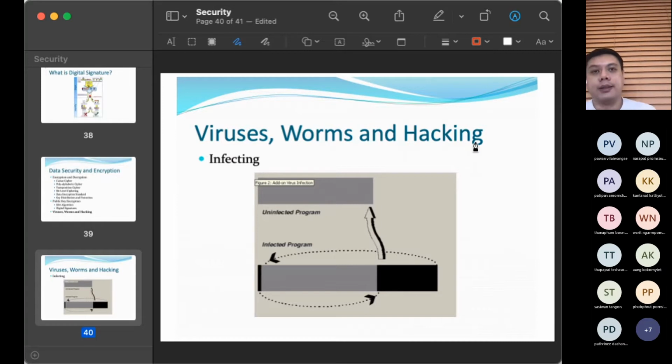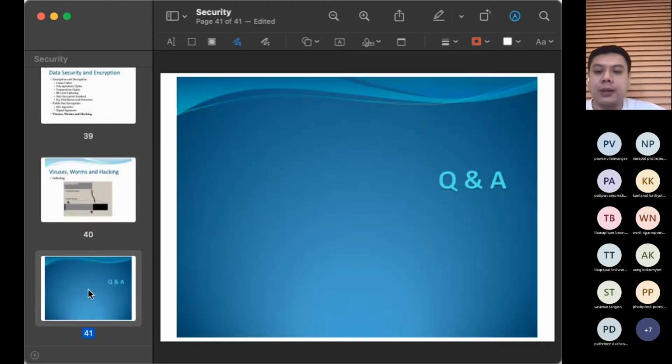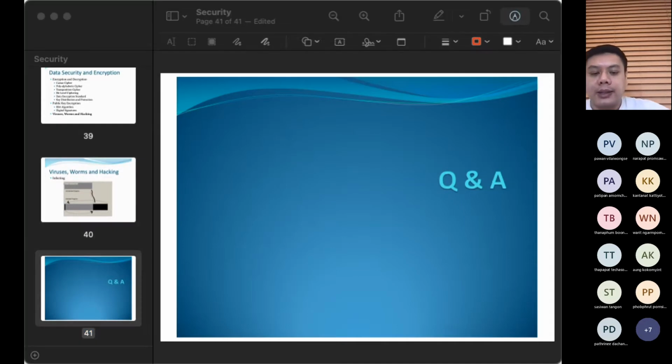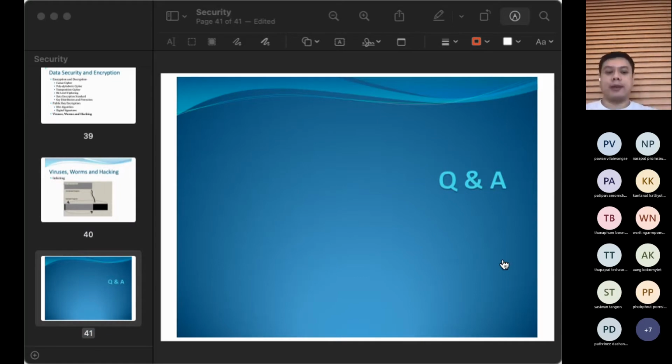Hacking. Okay, we are quite used to that by now, I believe. There is a lot of news about stealing information without permission. That's just going to happen: they find the weakness, the hole, or anything, or use a virus or a worm to help them steal it. That's the idea. So this is a rough idea that I would like to share with you about the security concept. I'm going to let you see and feel how security fundamentally works.